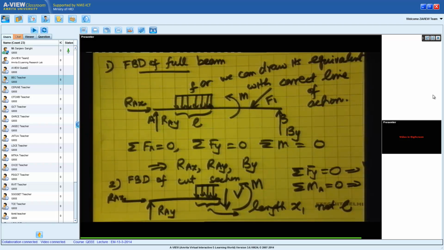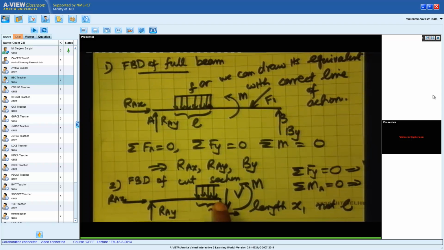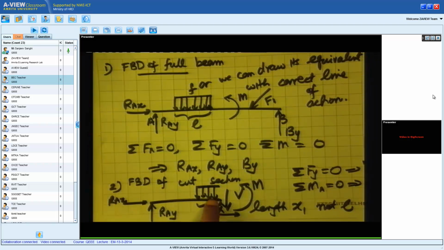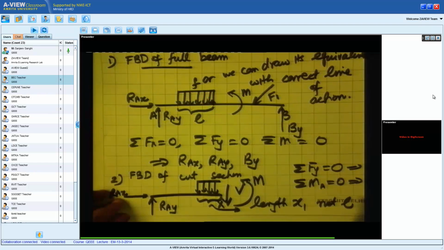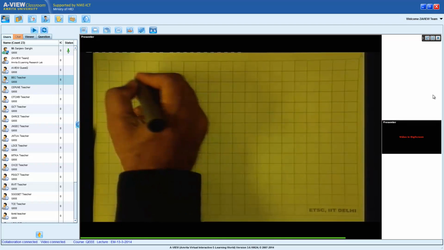Or the other thing is you can take moments about X equal to 0. If I take moments about X equal to 0, I will get moments because of Ray and the moments because of the cut section, and then I don't have to bother about V. Both ways will give me the same answer. Or in addition to this, instead of this, we could also have taken